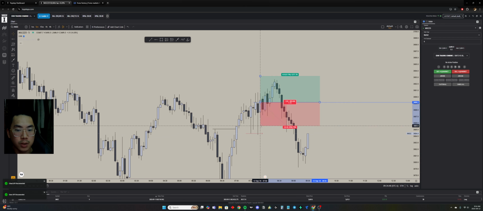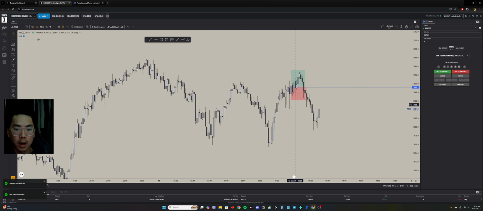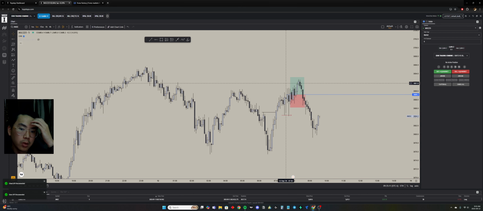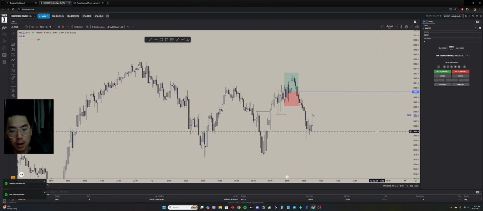But again, once price decided not to come back down here after this, I kind of lost interest. I wanted to see price come down, take out these equal lows, tap into the higher time frame order block. So again, I just wanted a higher probable trade because it's Friday. I didn't want to trade the continuation off, but I guess I could have. So yeah,